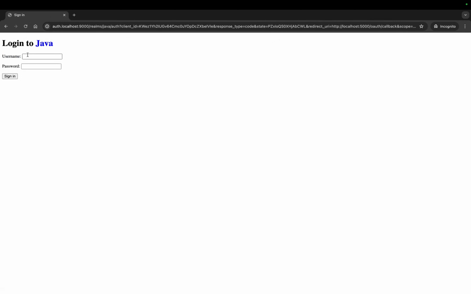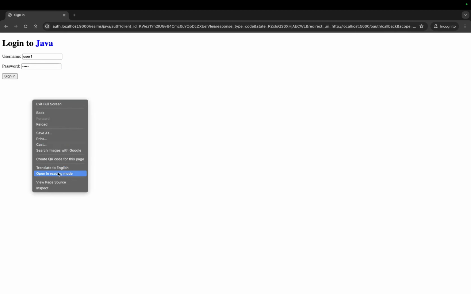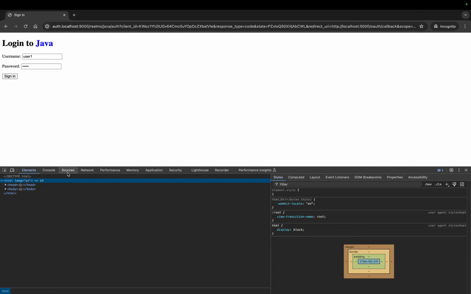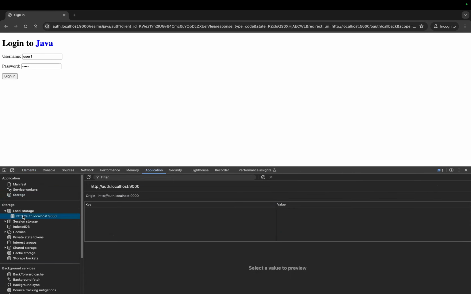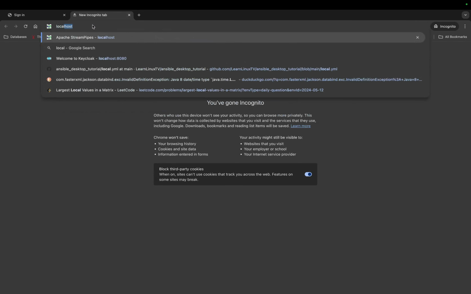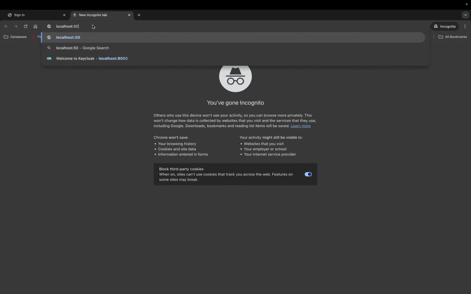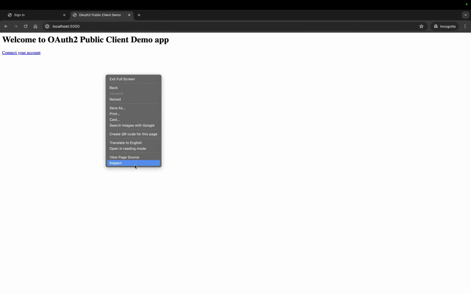Okay, click on connect your account, username, and then this is password. Now if we go to, I guess, application, then local storage, okay, we cannot see because we are in localhost 9000. But if we go to localhost 5000, then we can see